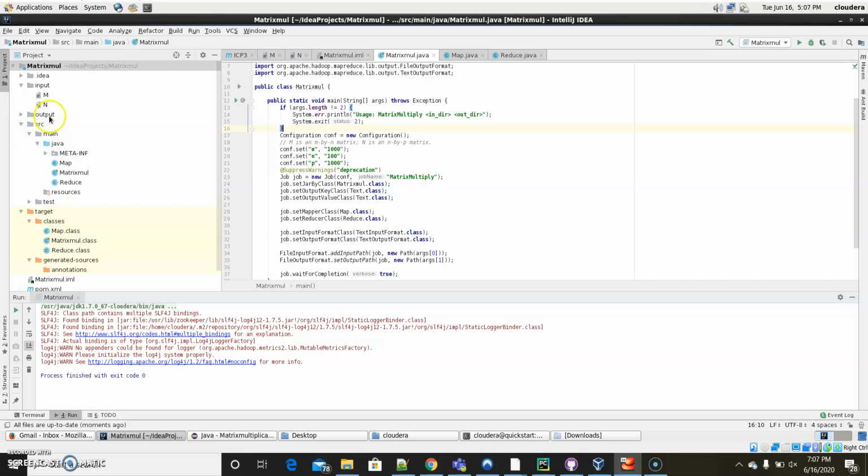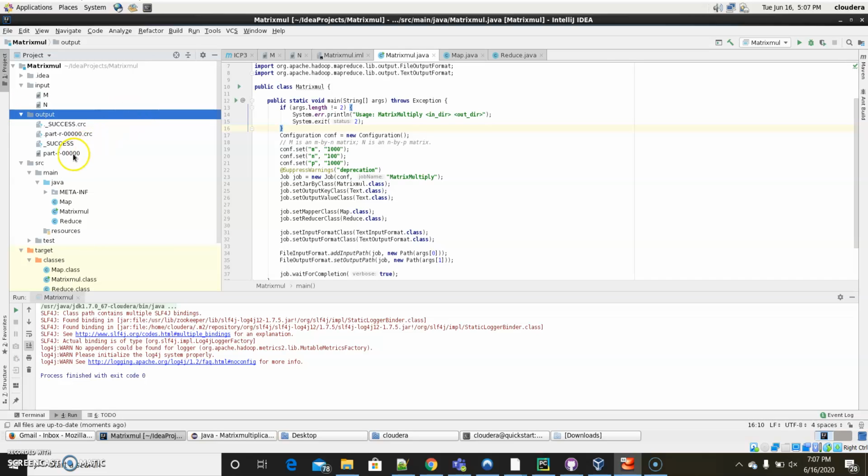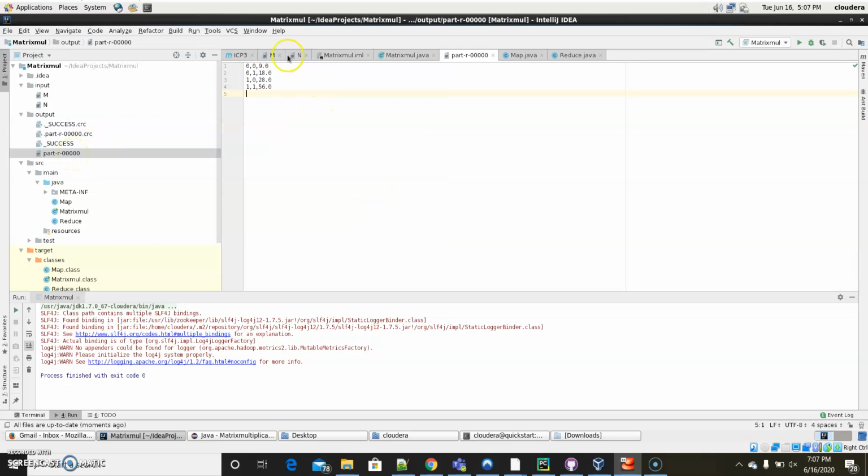Here you can see the output folder is created. This is the output. As we have given float, we have got 9.0, 18.0, 28.0, 56.0 as output.